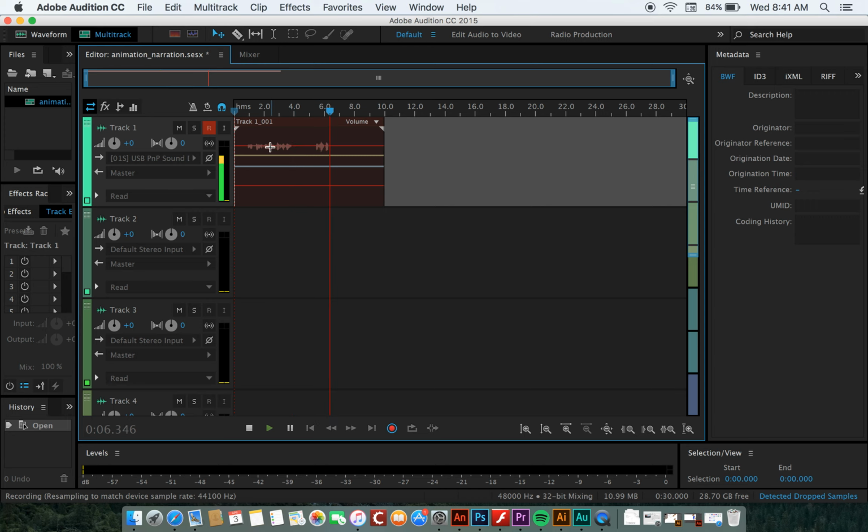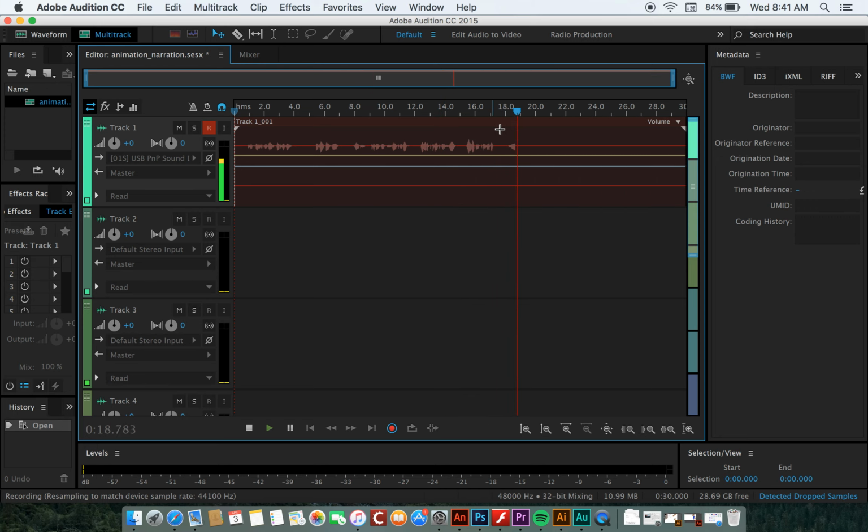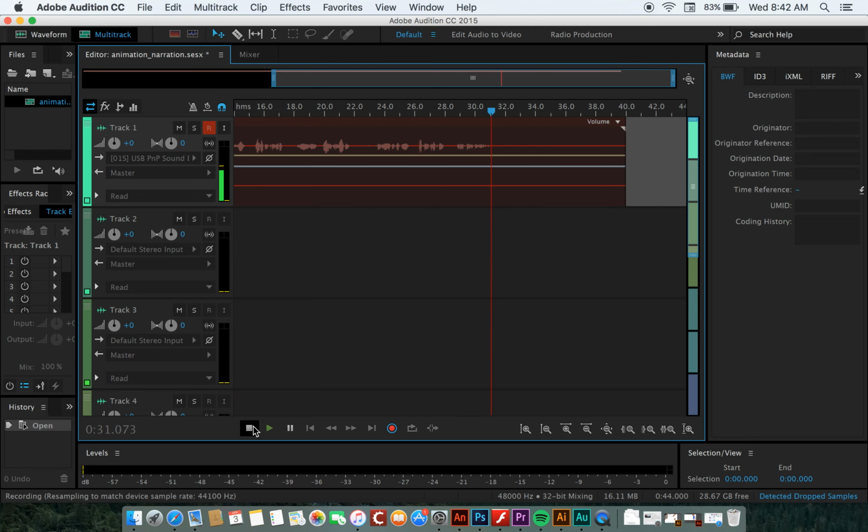These waveforms here are the images of the waves of my voice. You'll notice that the waves are kind of small. So I would like these to be a little bit more dominant, a little larger. So you may have to adjust your proximity to the microphone, do a little experimenting, and then when you hit stop,